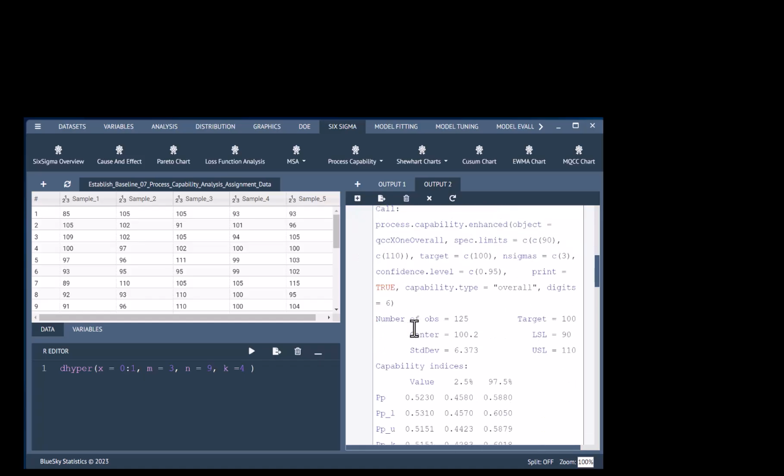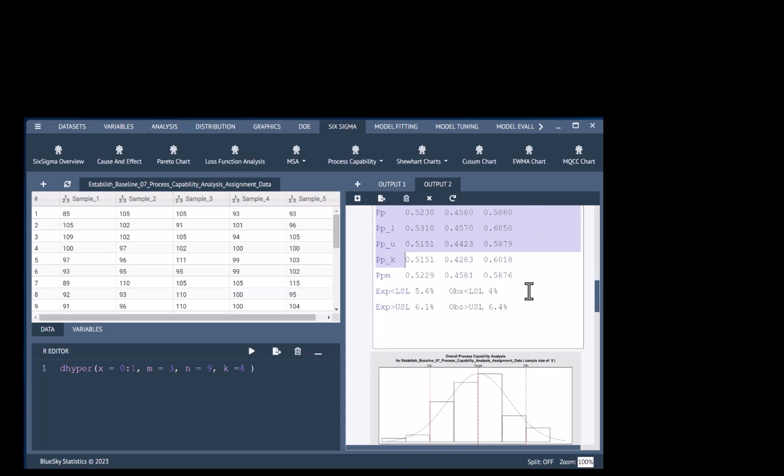So when I click the execute icon, BlueSky comes up with this set of data. And you can go to the data set and start highlighting right about here, which is number of observations equals 125, and just highlight the rest of this down to there. And this is the process performance analysis. They start with the PP letters, and the Six Sigma handbook and our course describe what those mean. So then I copy those,